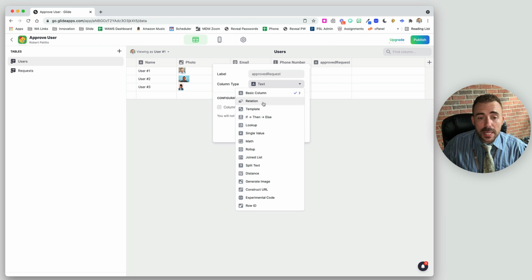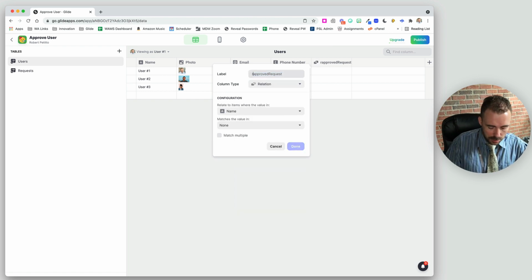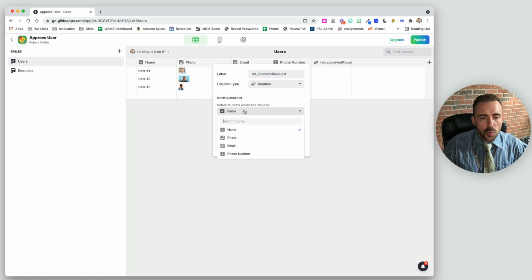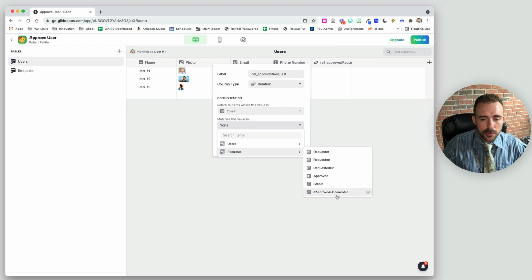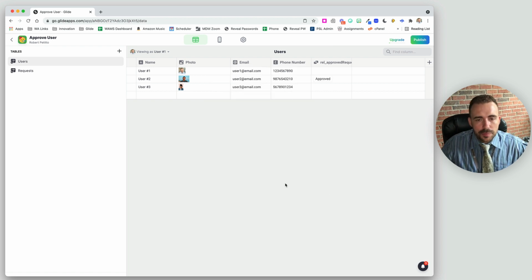And then we're going to do a relation. So actually, relation to approved request. We're going to relate the email address of the user to the requests if approved, then requestee. Done. All right, so we can see that because user 1 has requested user 2's information and user 2 approved it,